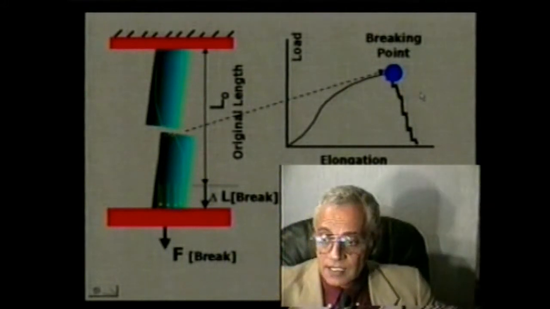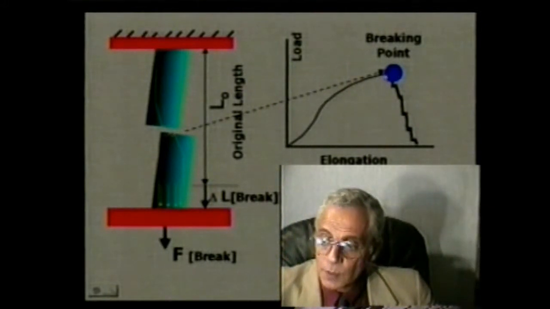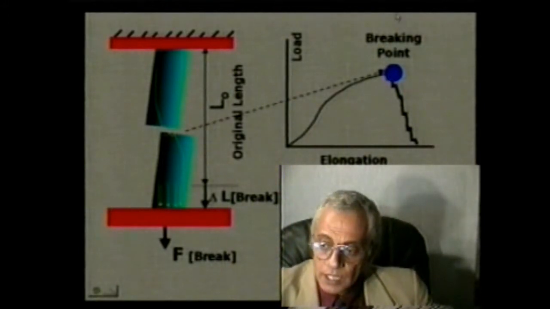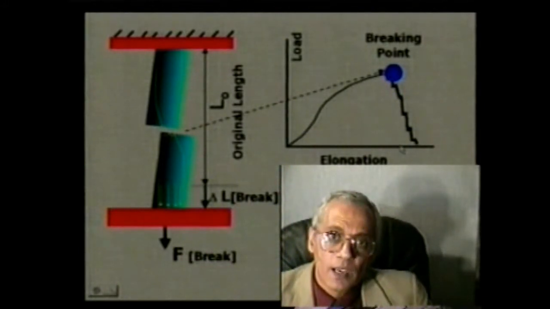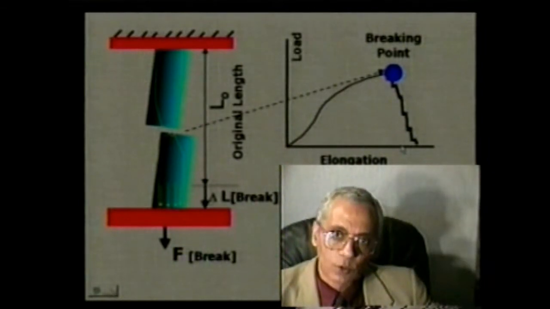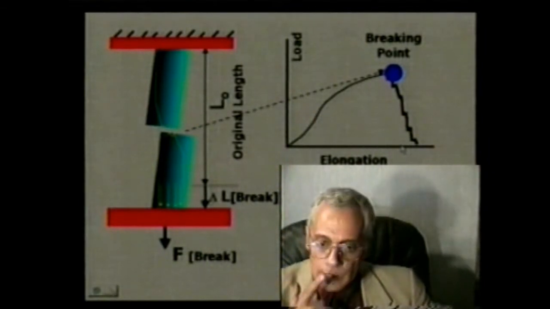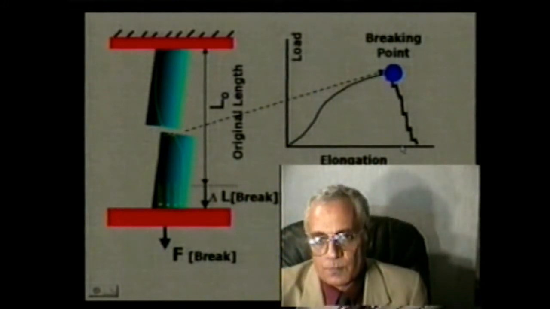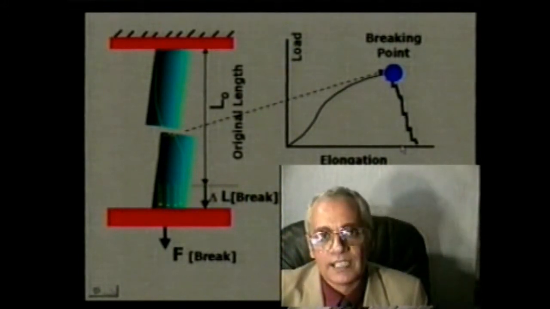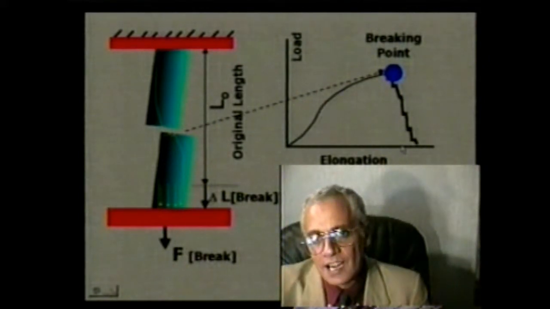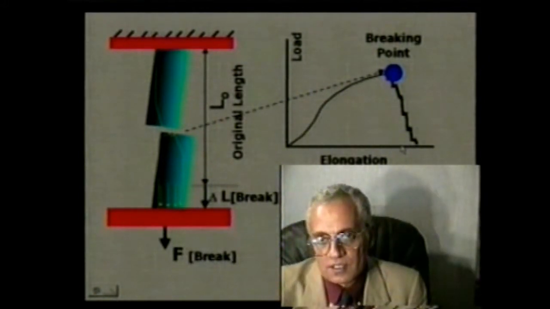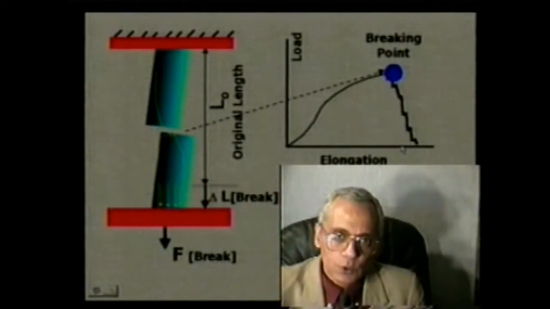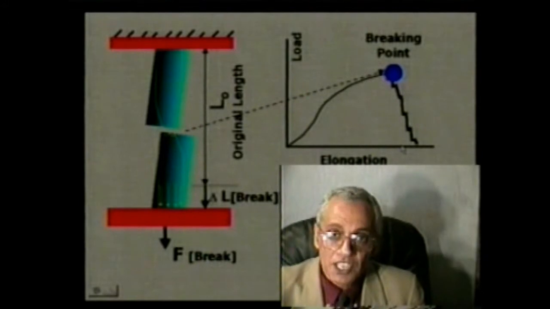And that is our material do not typically break sharply. In other words, we don't have a sharp rupture of the material, especially if we are talking about a yarn or fabric, because the yarn or the fabric will typically break at the weakest point, and after that there are other elements in the structure of the yarn. There are other fibers in the yarn, there are other yarns in the fabric